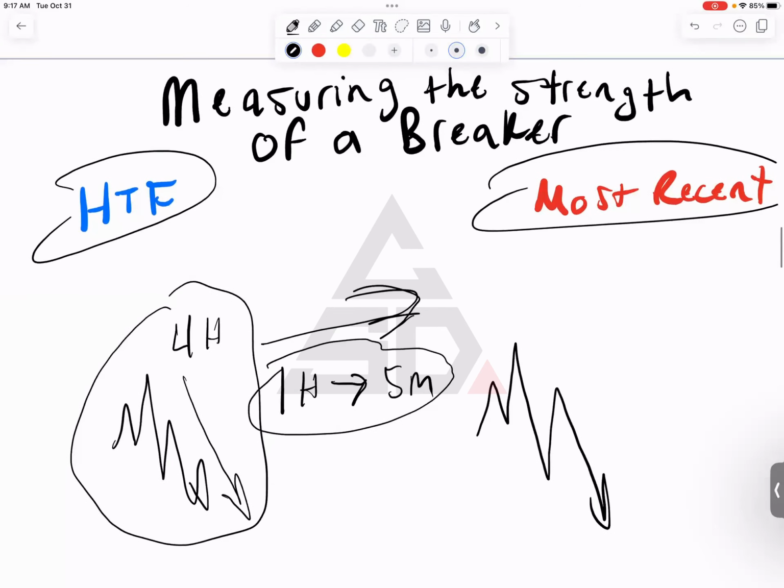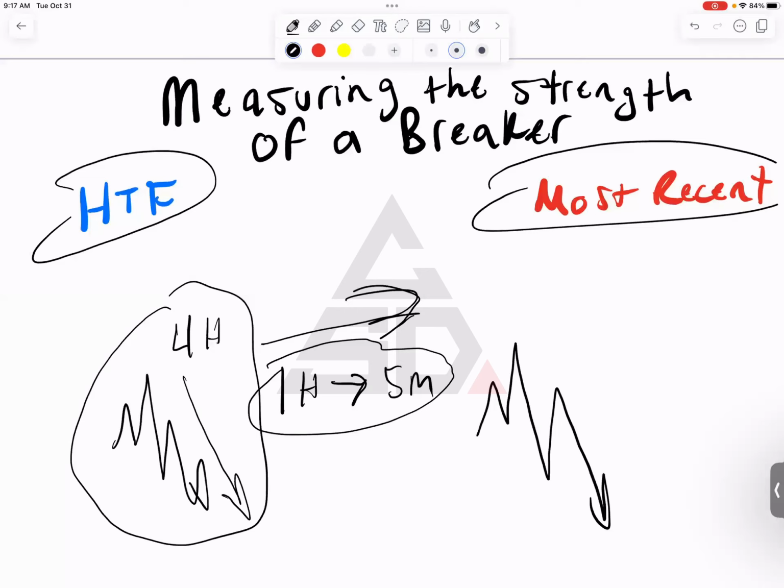And then the next thing would be most recent. The most recent breaker gives me a certain type of mindset: all right, yes, the higher time frame breaker has worked. It's what I intended the market to do. But if I find a breaker on a lower time frame that's going in the bullish direction, I may change my bias only for that